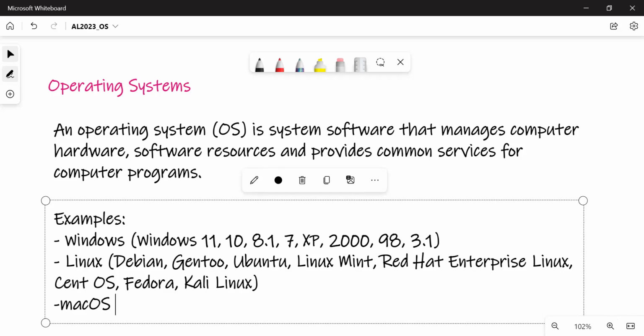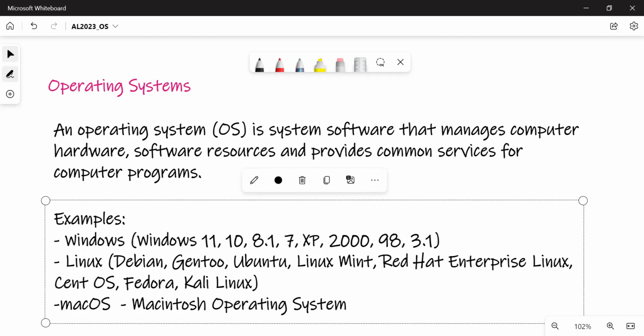The newest version is what we call Mac OS. Usually we will use it for Mac operating systems. We'll also call it Macintosh operating system.